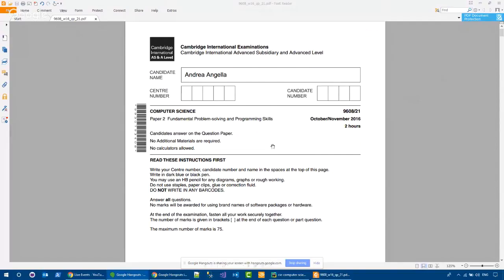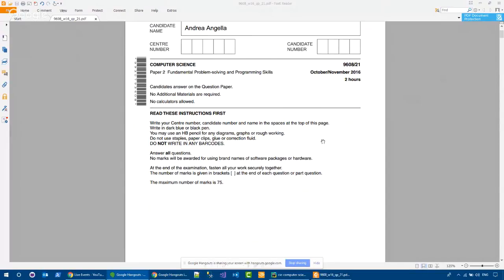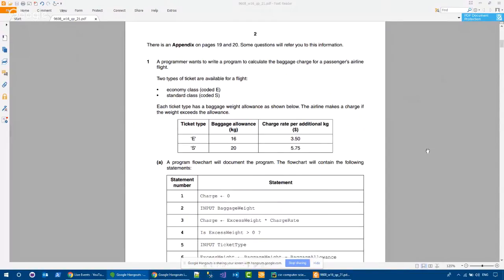Awesome. So let's have a look and try to do this. Okay, so the first question is, we have basically two different classes, economy and standard. We know that we have a baggage allowance of 16 kilos and 20 kilos, and we have a charge rate per additional kilo. We need to write a program that calculates the baggage charge for a passenger's